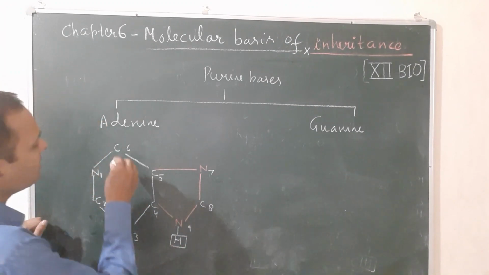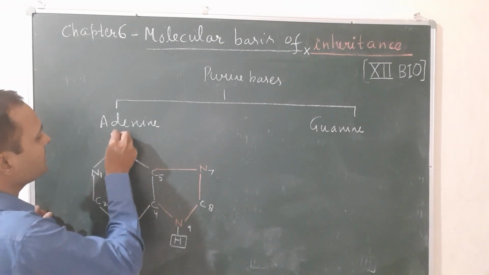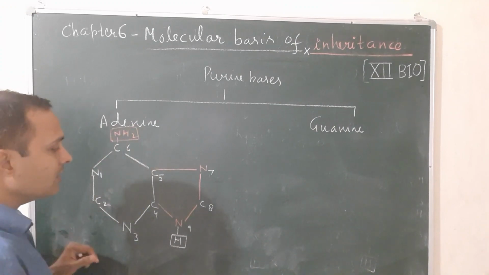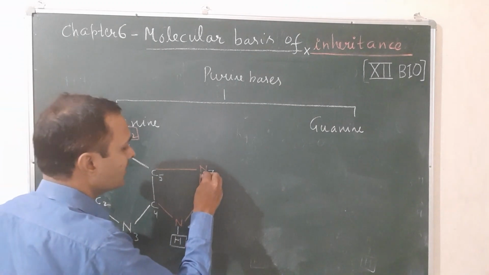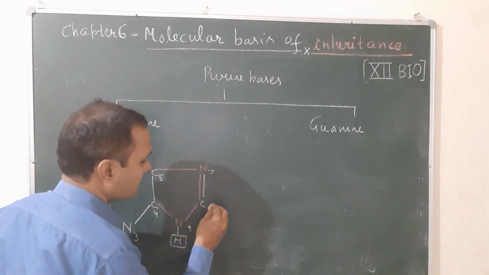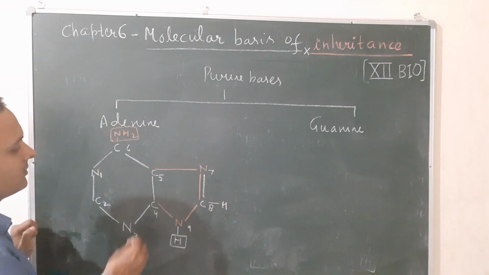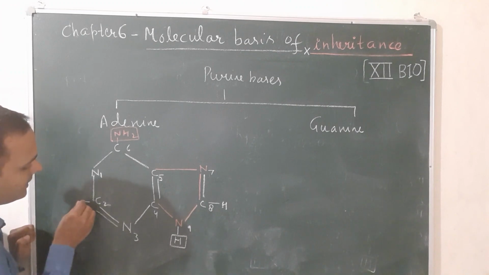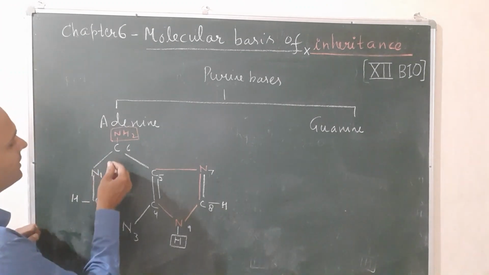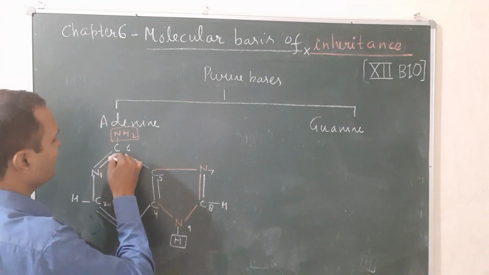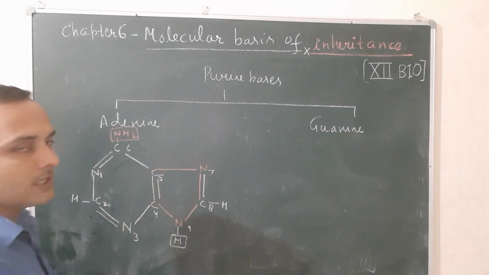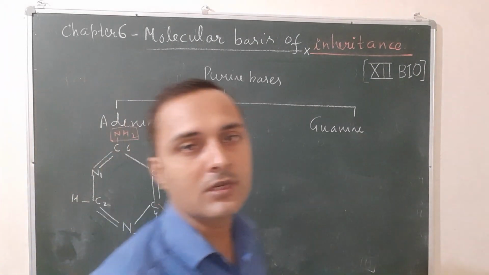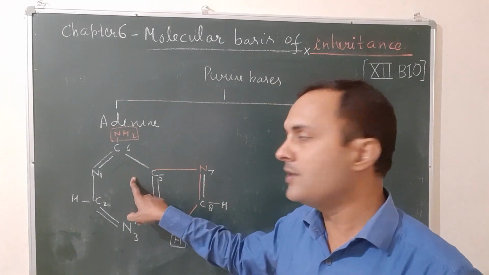Now for adenine, you just put one amino group at carbon number 6. This is the 6th position. You will put an amino group. The remaining you will balance. So there will be a double bond, there will be a single bond. Balanced. Okay, here will also be a double bond. Now here will be a double bond and here a single bond. Now here there will be a double bond. Now it is balanced. So adenine is also known as 6-amino purine. Adenine is found in both DNA and RNA. So in case of adenine, an amino group is present at the 6th position.